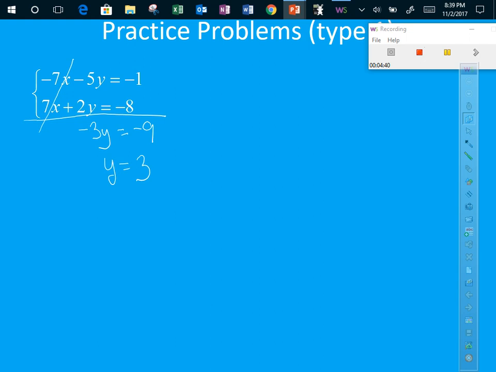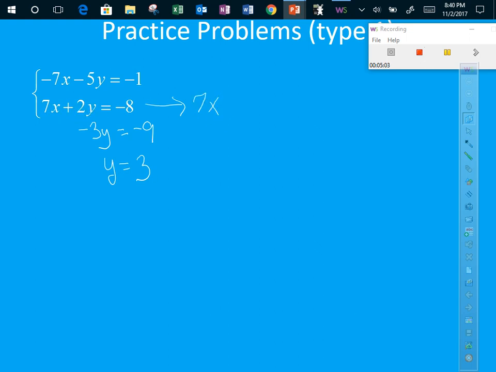Let's use that to get my x-coordinate. So plug it into whichever equation you want, the top or the bottom. I'm going to plug it into the bottom. The only reason being, that's positive. So I'm going to have 7x